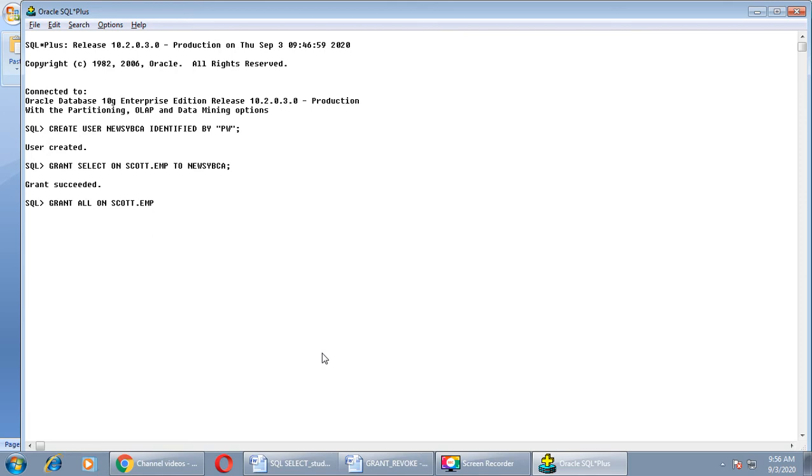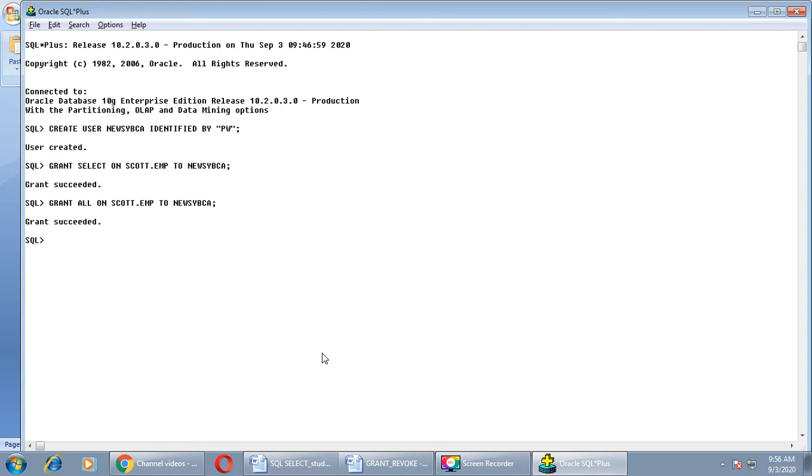I want to grant all the privileges on scott.emp table to the newly created user with name new SYBCA. Press semicolon. I got the message, grant succeeded.